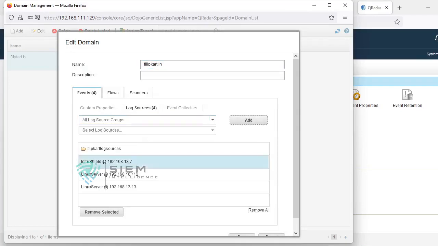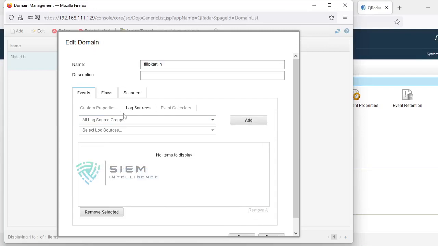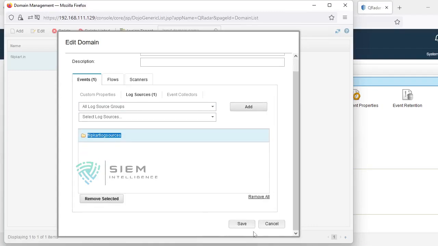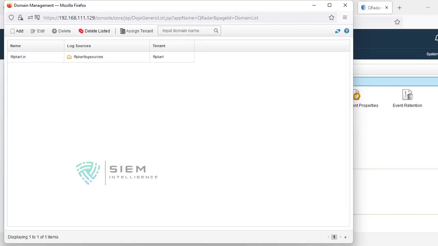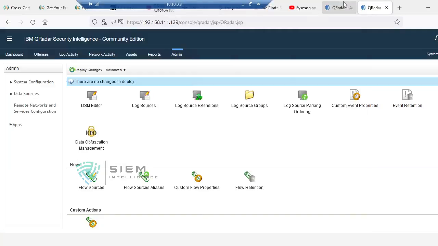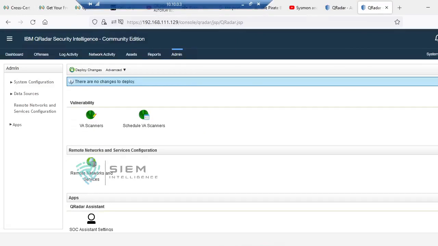Instead of giving all these log sources, remove all first, and you can add directly. Whatever log sources you throw to this group, you need not touch again and again over here. So you just assign log sources here.